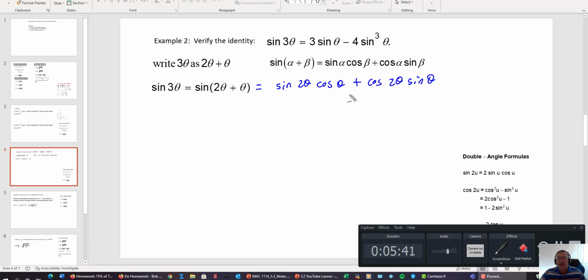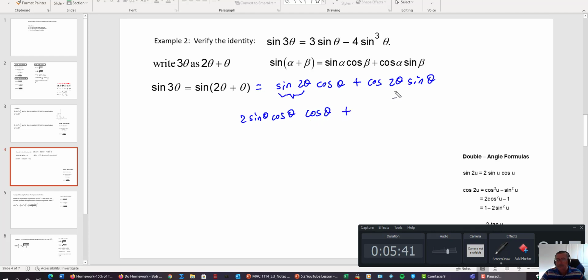All right. Now, if you're trying to verify something, you always have to keep in mind what you're going to try to end up with on the right side here. So we're trying to get everything in terms of sines here. Now, notice on these double angle formulas, there's no doubt what you have to put for the sine of 2u or 2 theta. There's only one choice. So we're going to put that in for this one, because we're trying to show that this comes out to be this over here. We're going to put 2 sine theta cosine theta, and then we bring down this cosine theta, plus